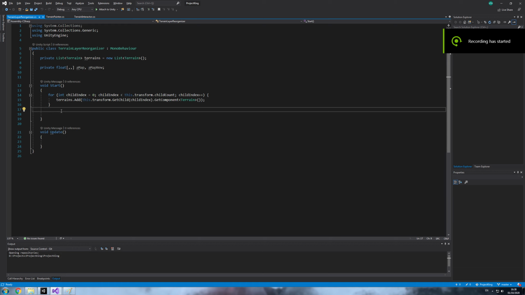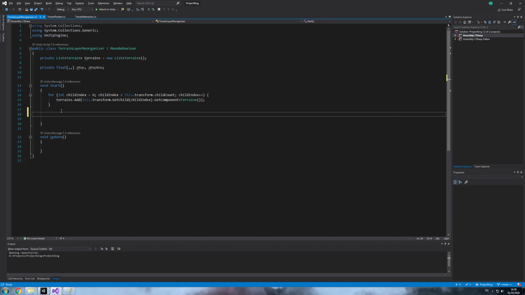So the next step we should do is actually to read the alpha map. An alpha map is a 3-dimensional float. We have a variable called alpha map, which is as well a 3-dimensional float, and we're saying alpha map is equal to